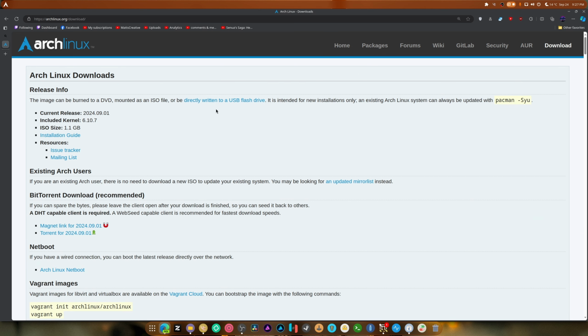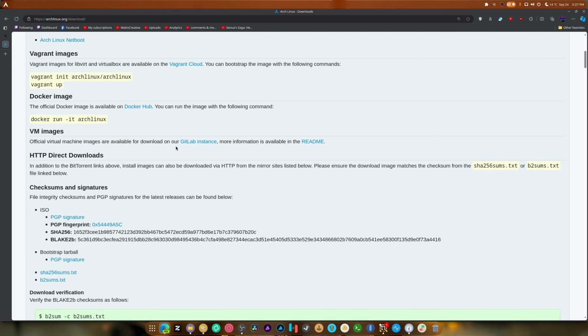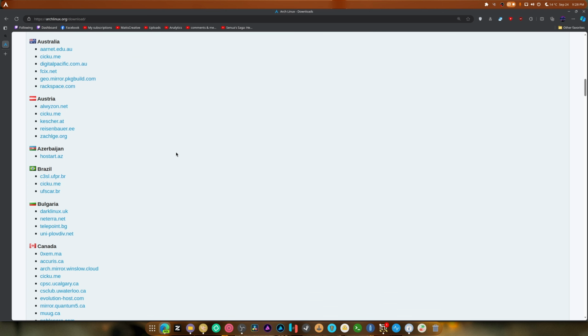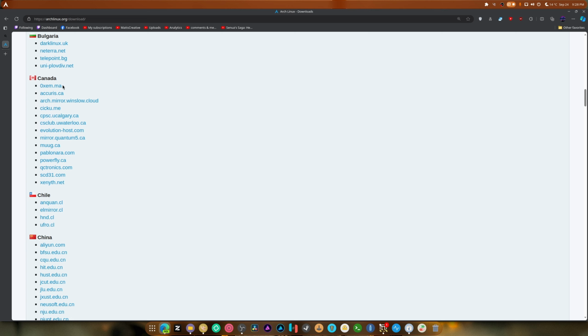So first off, if you're going to be doing this on actual hardware, which this is intended for and can be done on very easily, you're first going to need the ISO to download it. Now, Boxes provides an automatic VM. It's all set up, it's ready to go, but these are my,